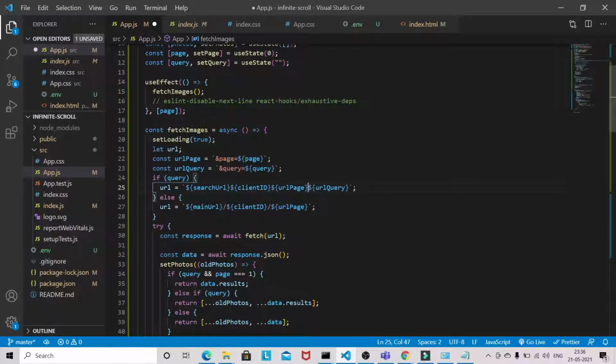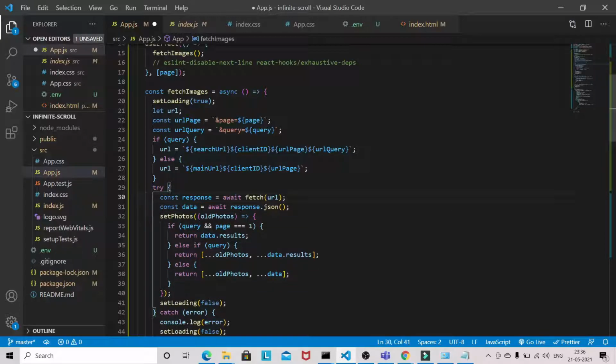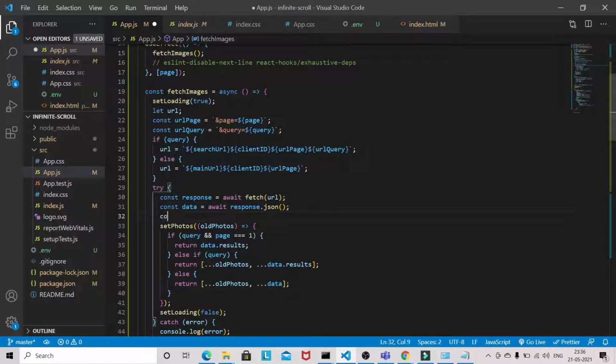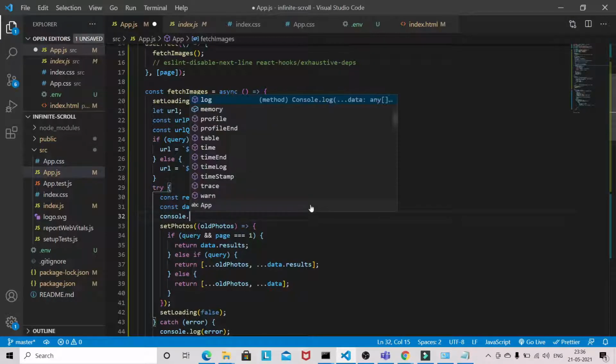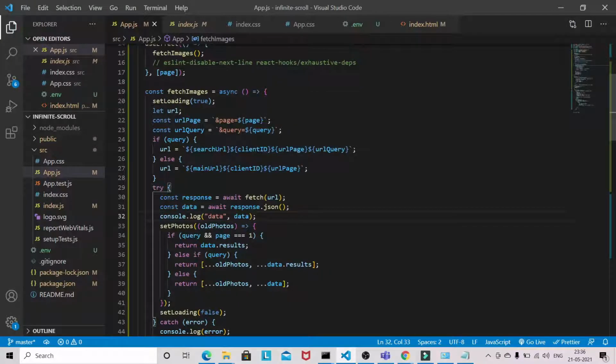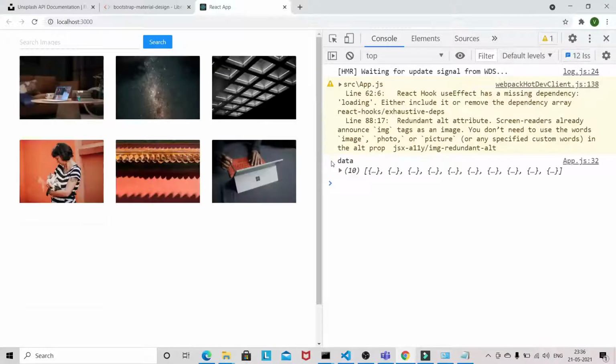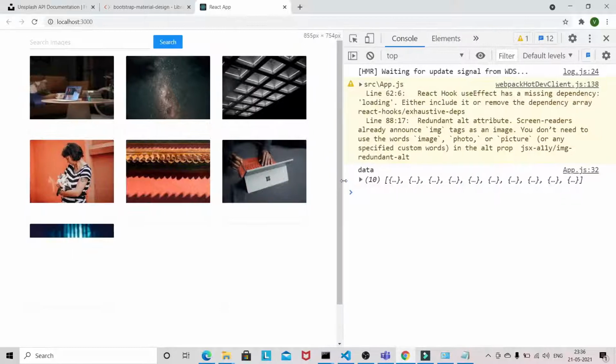So you can remove the slash. Now let's see whether it's working or not, and I will do a log here. Okay, console data. Now we can see the images are loading.